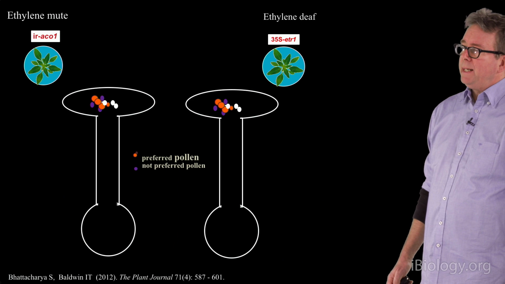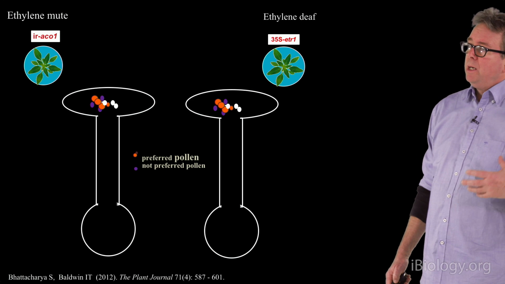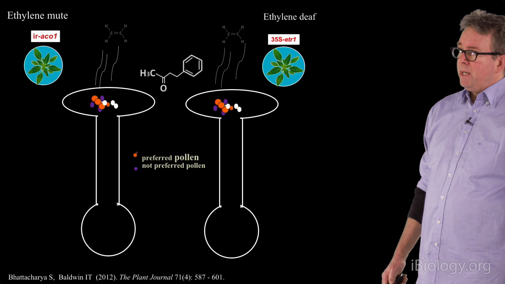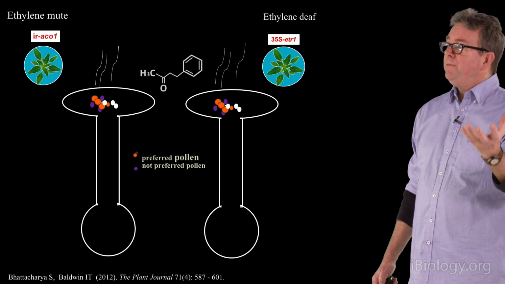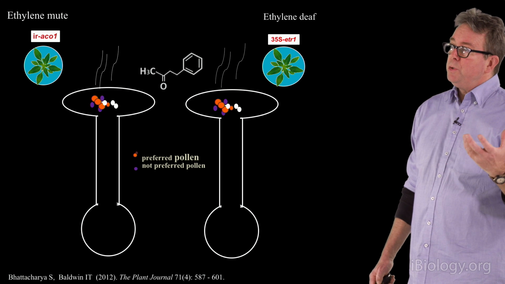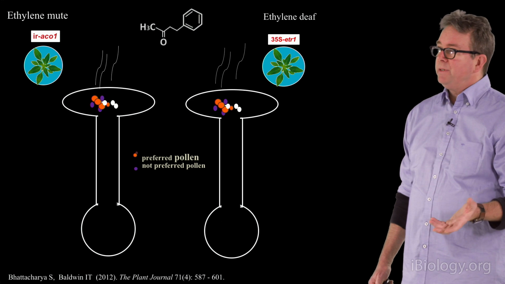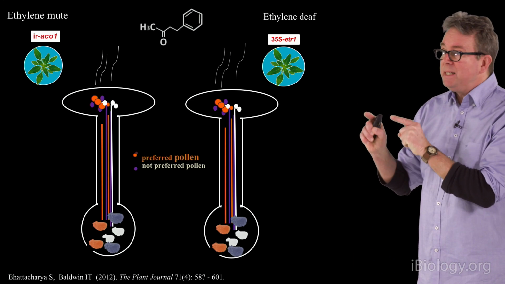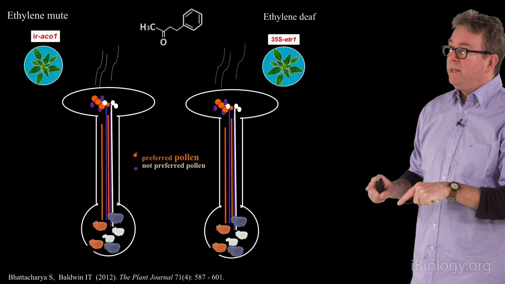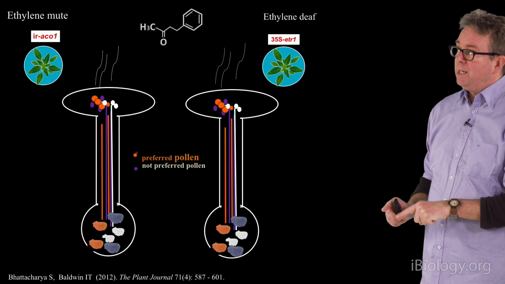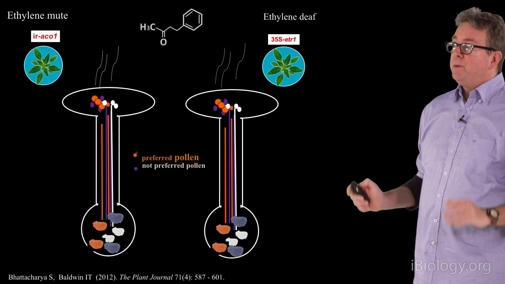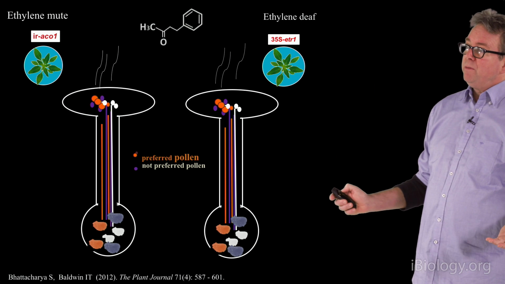And in these two plants that are genetically unable to either produce or perceive ethylene, the ethylene burst is abrogated. The plants continue, even when they're pollinated, to produce the floral scent. They advertise and advertise. And what's most interesting is that every single pollen grain deposited on the stigma grows a pollen tube and successfully fertilizes seeds in direct proportion to the number of pollen grains placed on the stigma. So that again tells you that there's nothing wrong with these men.